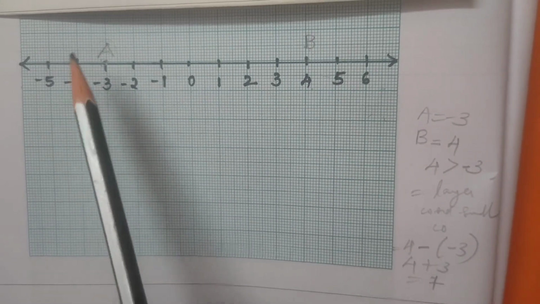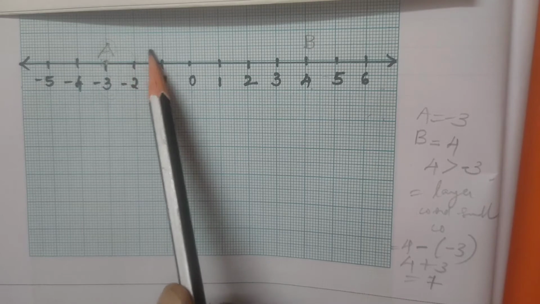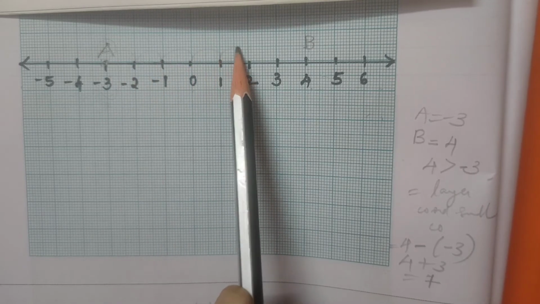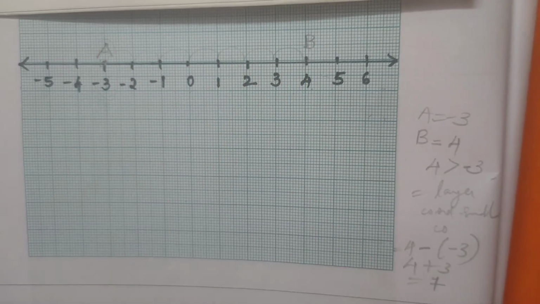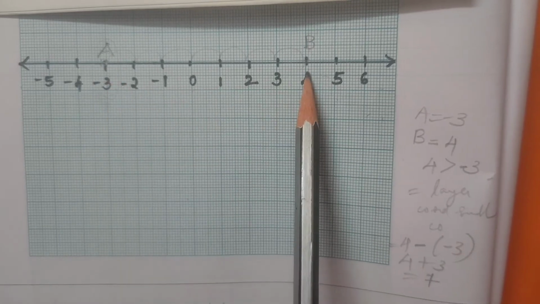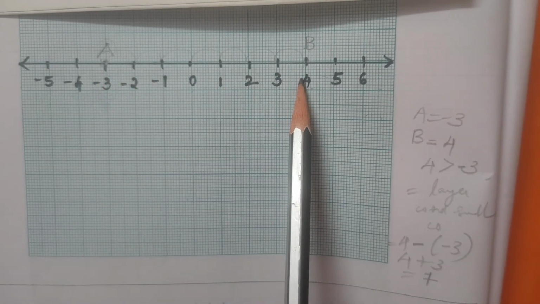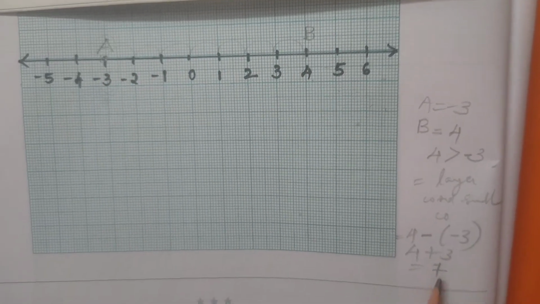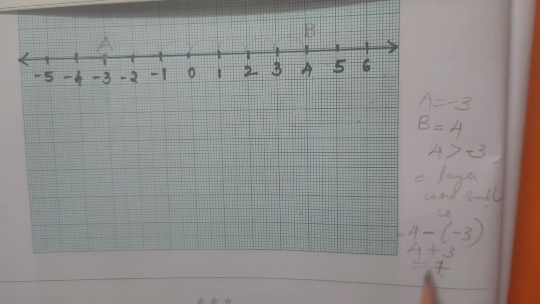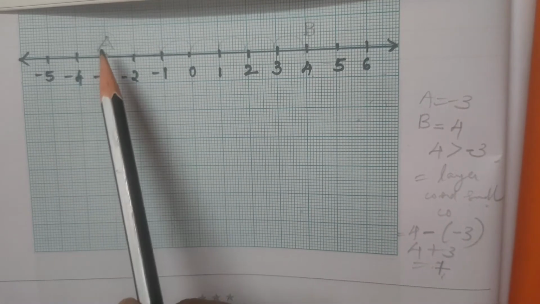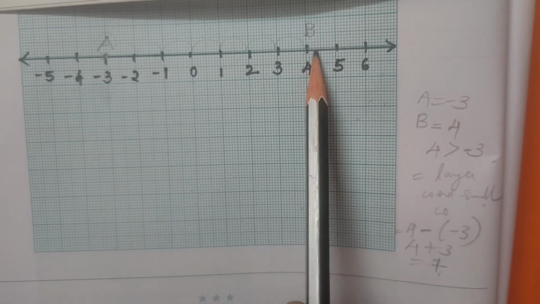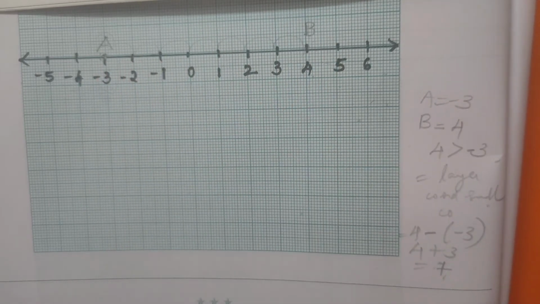Now we can even see it by moving like this: 1, 2, 3, 4, 5, 6, 7. Right? But to do this every time is a little bit tedious for us. So what we have done, we have used a formula, that is larger coordinate minus smaller coordinate. When it is given like this, it is very easy to find it out.